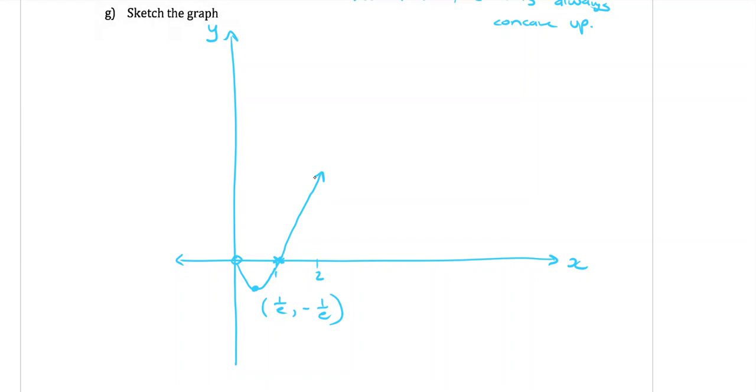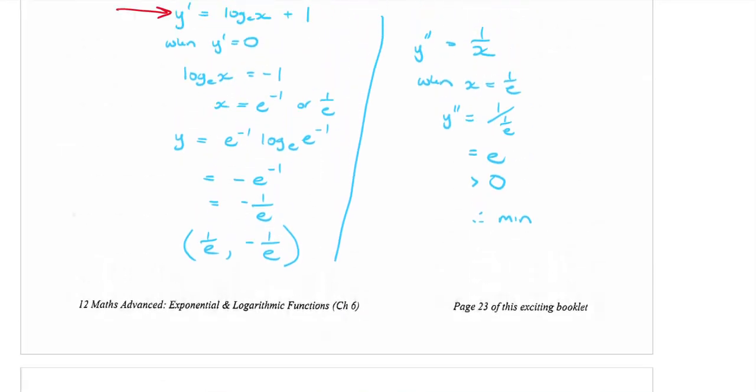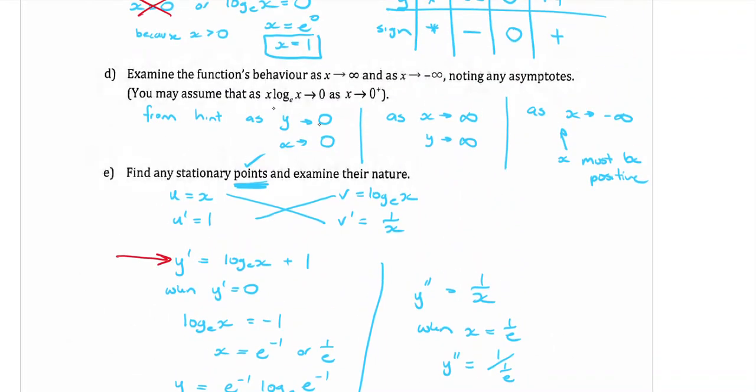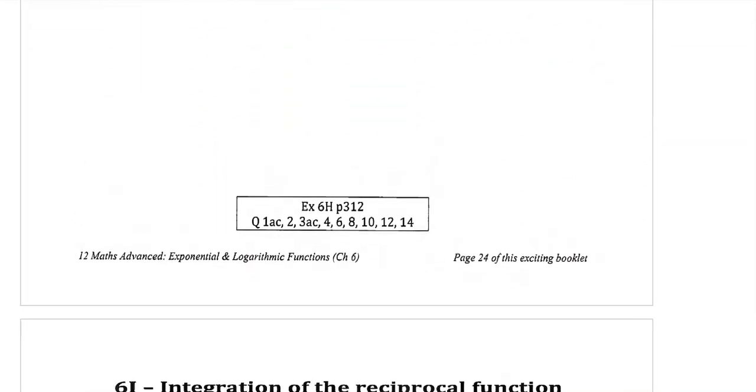So that's what it looks like. Because x has to be greater than 0, it can't be equal to 0. So that's why I use an open circle, because it can't be at that point. But it is approaching 0, because we did discuss back here that as x is approaching 0, y was approaching 0. Anyway, that was quite an involved question. You can now do 6H. It's not an asymptote, it's a discontinuous